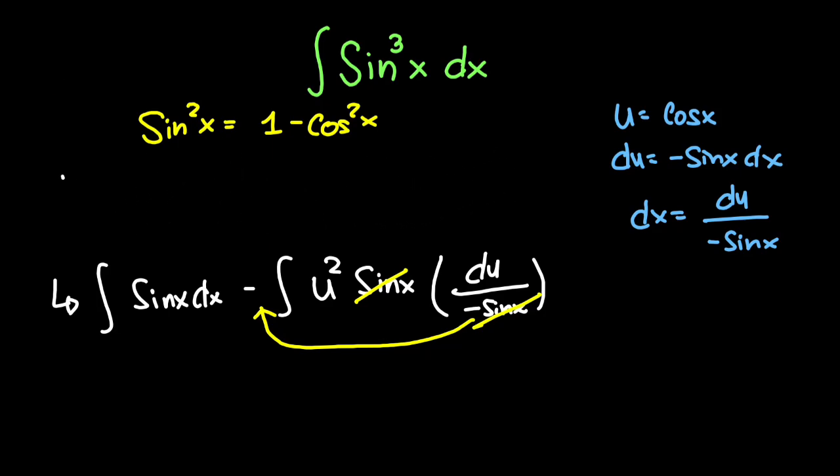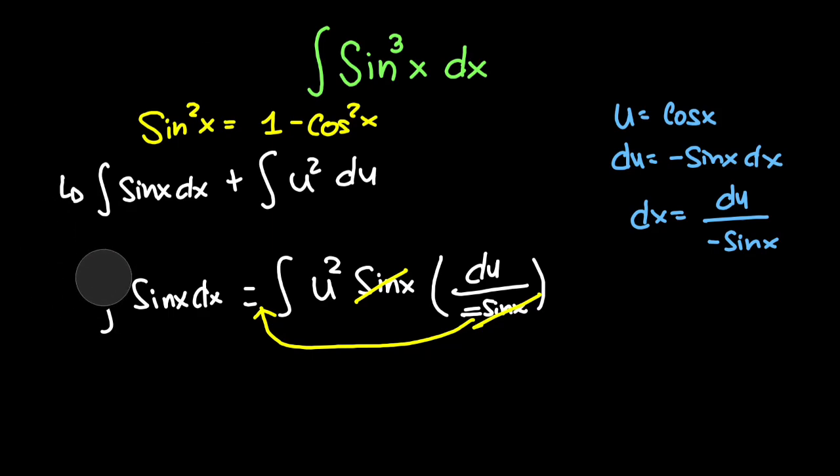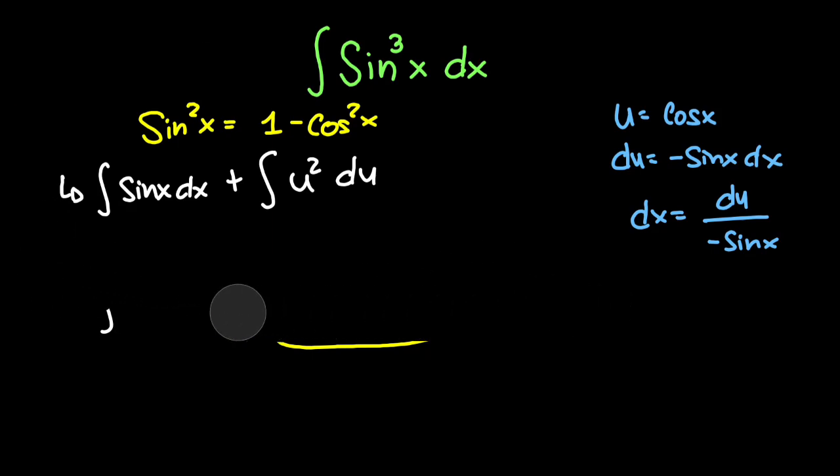And so this would be the integral of sine of x. This negative and this negative will form a positive integral of u squared multiplied by du. And so you can now integrate this. And so the integral of sine of x,